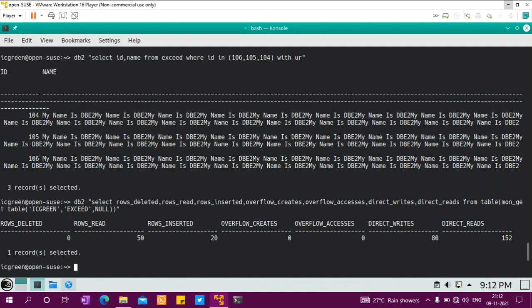So depending on the rows you are selecting, if you have that primary key and the access plan supports it, there is a possibility that you will reduce direct reads, because you're only accessing those rows which are not violating the row size. If you are violating the row size, it will do direct reads, or even if it is an insert, it will do direct writes. So that is the tip that I wanted to provide.